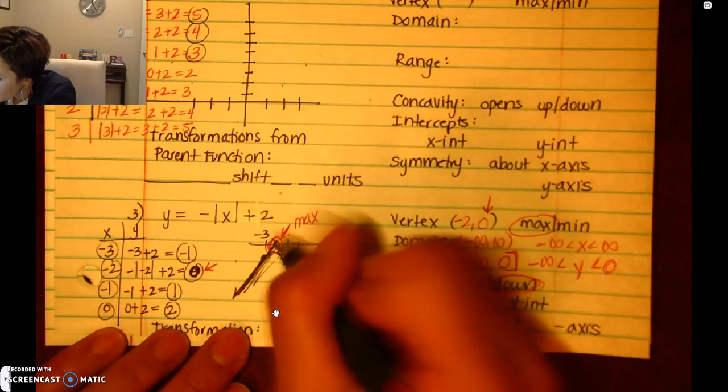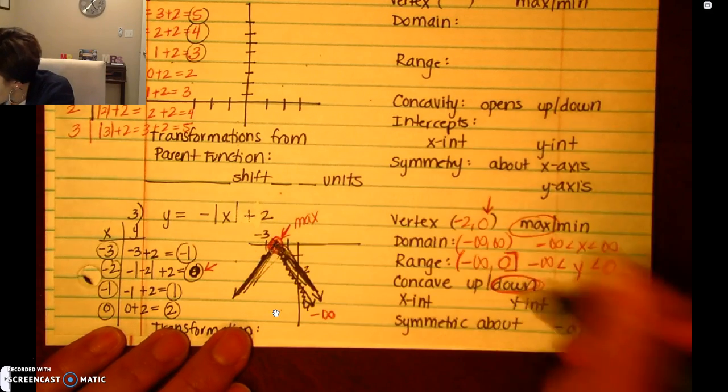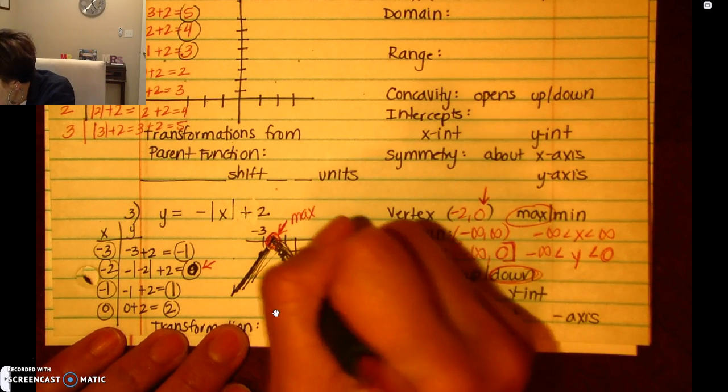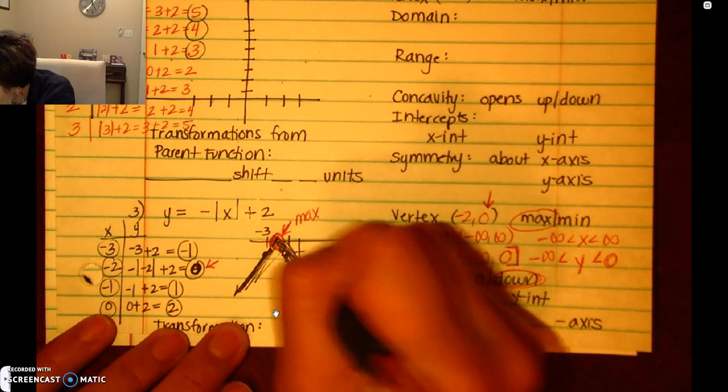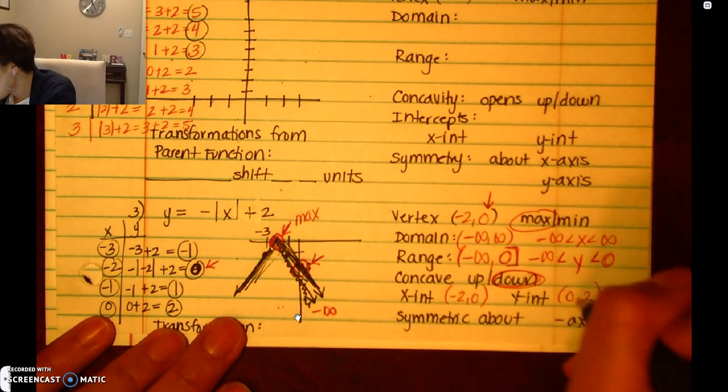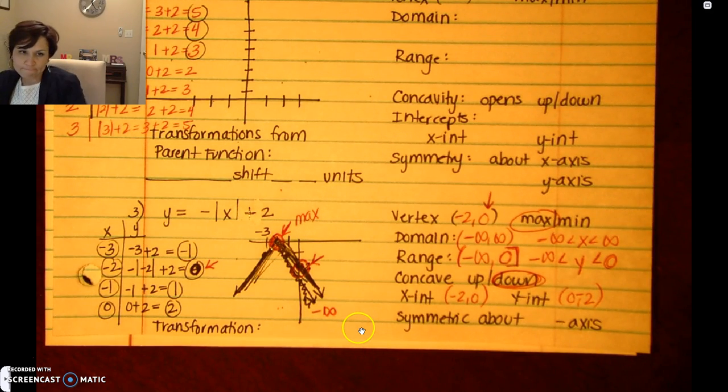It has an x-intercept. The x-intercept occurs here. That happens to be the same thing as the vertex. And then it also has a y-intercept, which occurs here at 0, +2. Is it symmetric about the x-axis? If I fold